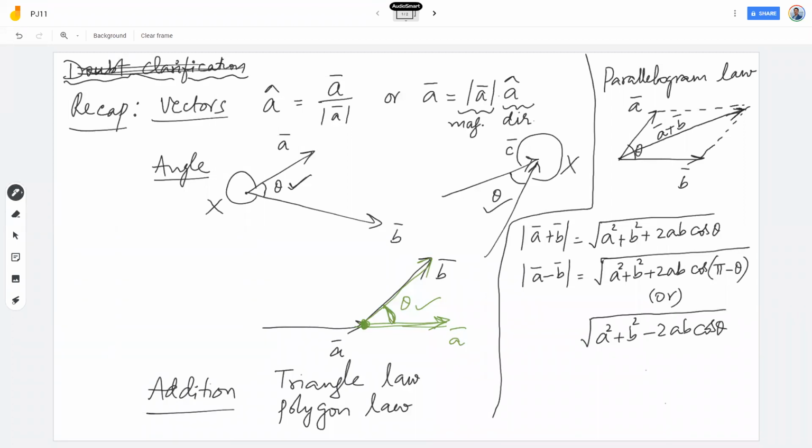Sir, can we say the other diagonal we draw is the difference of their vectors? Of course you can. That's a good question Balamurugan is asking. What he's asking is this. If I draw a parallelogram, and if this is a bar and this is b bar, what we are saying is if you construct a parallelogram on them, then the co-initial diagonal is the sum of those two vectors, a bar plus b bar. That we have already seen here. So I'll remove this. Let us not worry about this now.